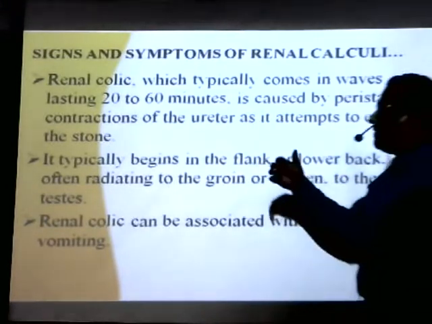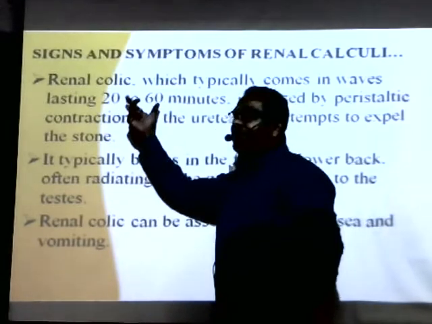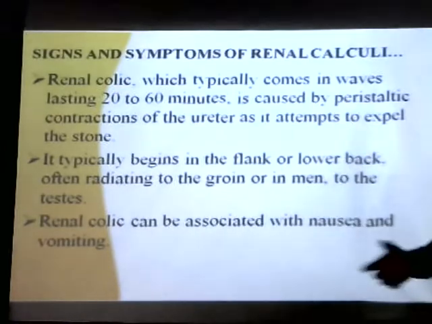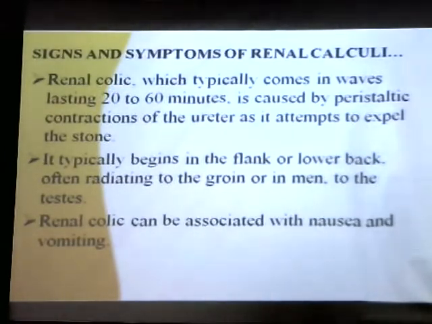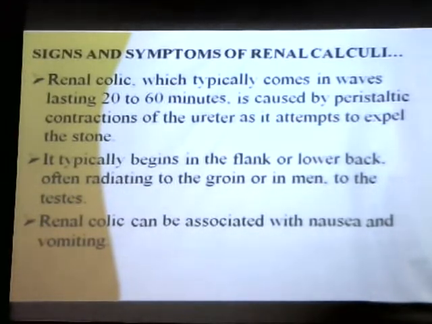It would be in vain; that is, it was a non-effective contraction for expulsion of the renal calculi. So this pain might return if the calculi is still present. It typically begins in the flank or the lower back, often radiating to the groin, or in men to the testes. Renal calculi can be associated with nausea and vomiting.